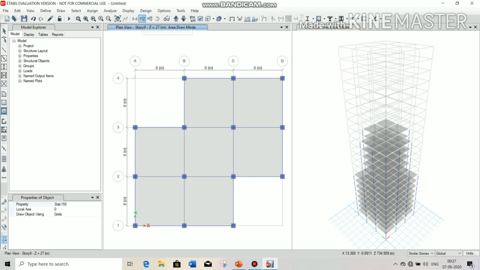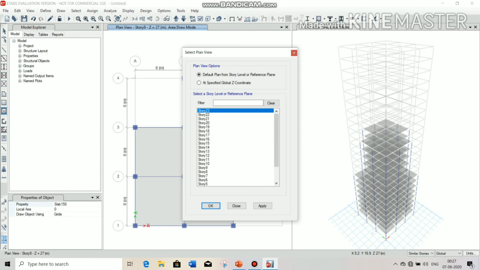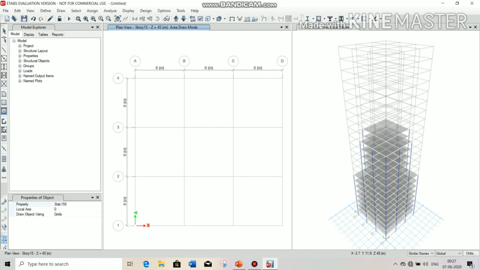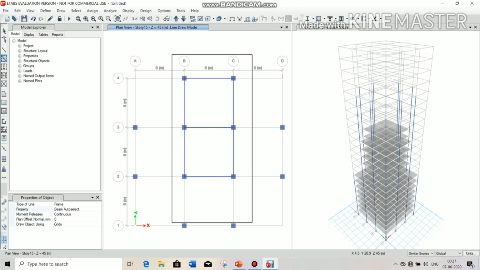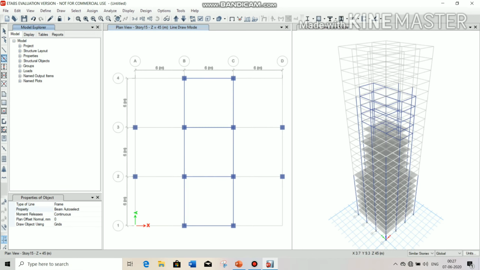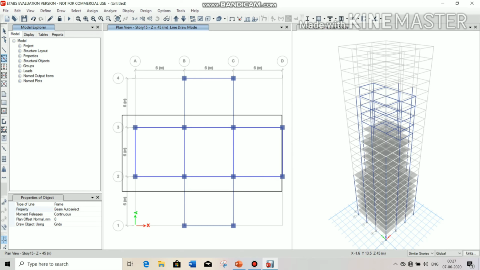And again choose plan view option and choose story 15 and click on OK. Now quick draw column option. Similarly you have to draw the beams and slab also.